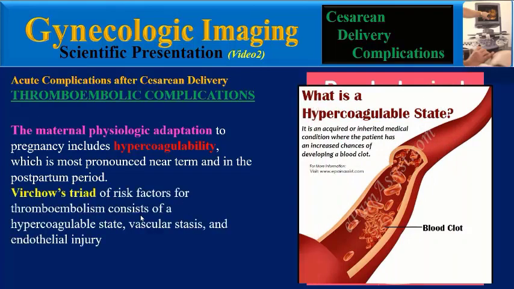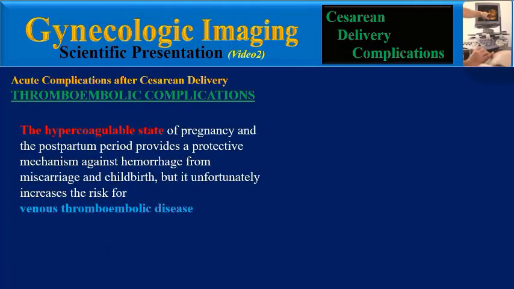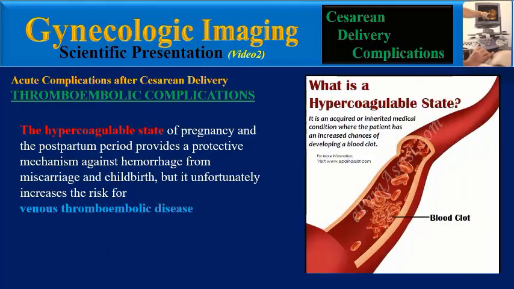Virchow's triad of risk factors for thromboembolism consists of hypercoagulable state, vascular stasis, and endothelial injury. The hypercoagulable state of pregnancy and the postpartum period provides a protective mechanism against hemorrhage from miscarriage and childbirth, but